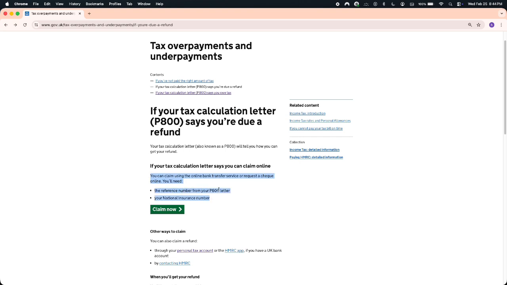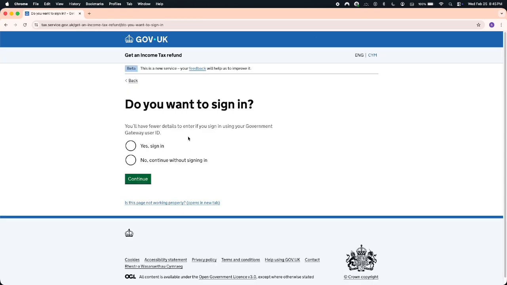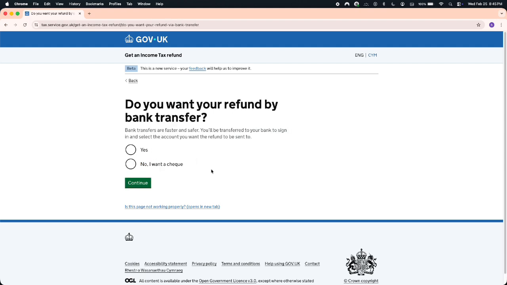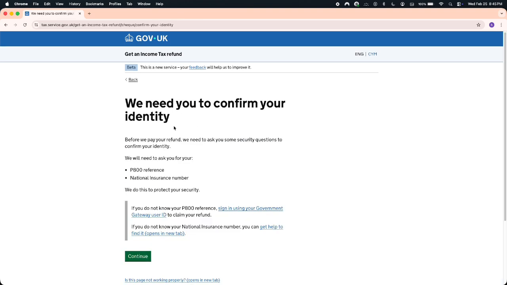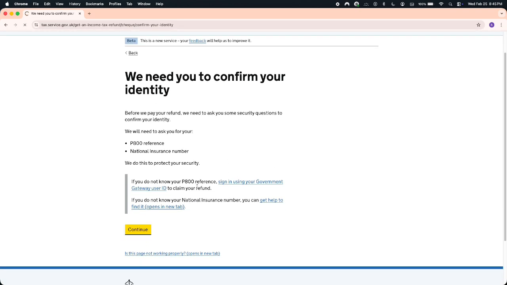Before you start, have your P800 reference number and your National Insurance number. Number 1, go to the tax overpayments and underpayments page and click claim. Number 2, answer the question: do you have a UK bank or building society account? Select yes. Number 3, choose whether to sign in with Government Gateway or continue without signing in. Number 4, pick how you want the refund, bank transfer or check. Number 5, confirm your identity using the P800 reference, the NI number, and the date of birth, then continue to